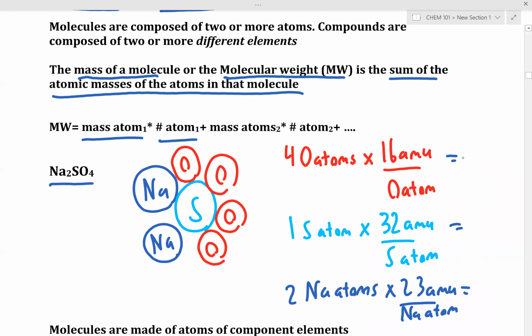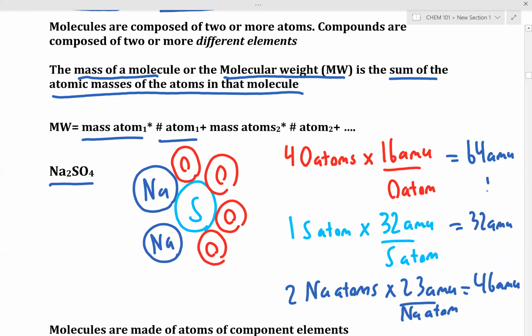So if we punch out all of these numbers into our calculator, we're going to get 64 AMU, 32 AMU, and 46 AMU. So let's now add these numbers together into our calculator. So we have 16 times 4. So here's our 64 plus 32. And then finally, plus 23 times 2. And in the end, if we add up all of our atomic masses, we get a molecular mass or a